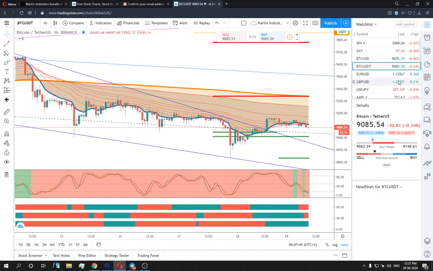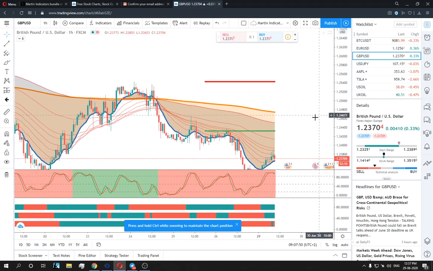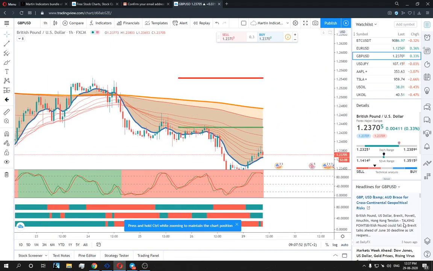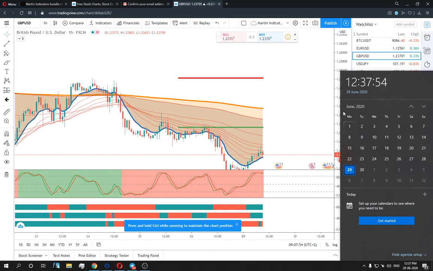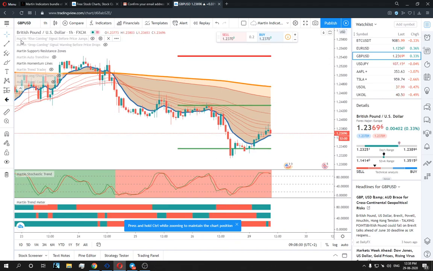So this is the GBP USD chart. You can see, again, I'll show you the time and date. The date is 29 June 2020 and the time is 12:37 p.m. right now. You can see all the 10 indicators on a free version of TradingView, which is showing